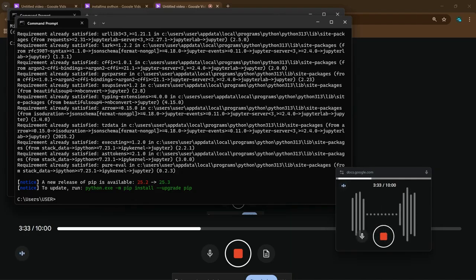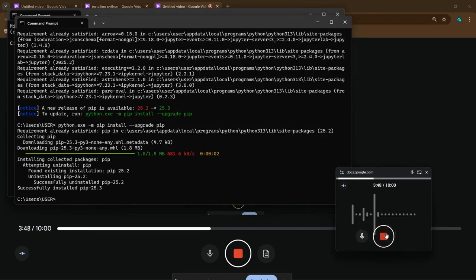There's a new release of pip available, 25.3. So to update, run python -m pip install --upgrade pip. So we are going to, yes, awesome. So once you have installed pip and Jupyter, we're going to type in the cd command